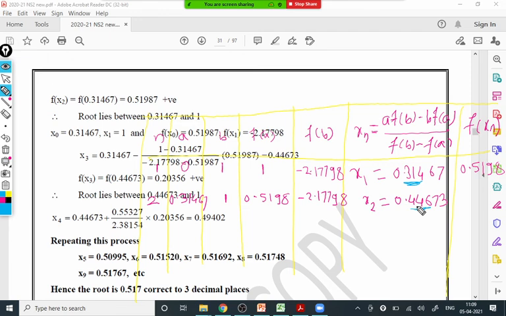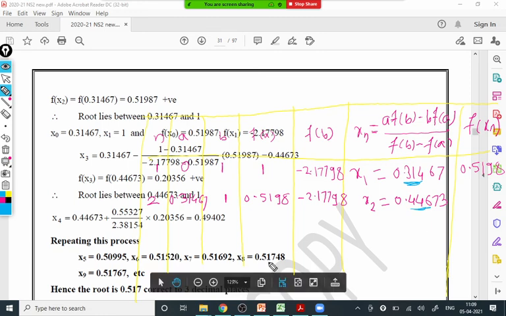But remember, this question is never asked in the exam. In the exam, questions generally come up to 4-5 iterations only. Such lengthy questions up to 8 iterations do not come. So it is just for practice. I have given it here, because of that you require, like here, 9 iterations I did.